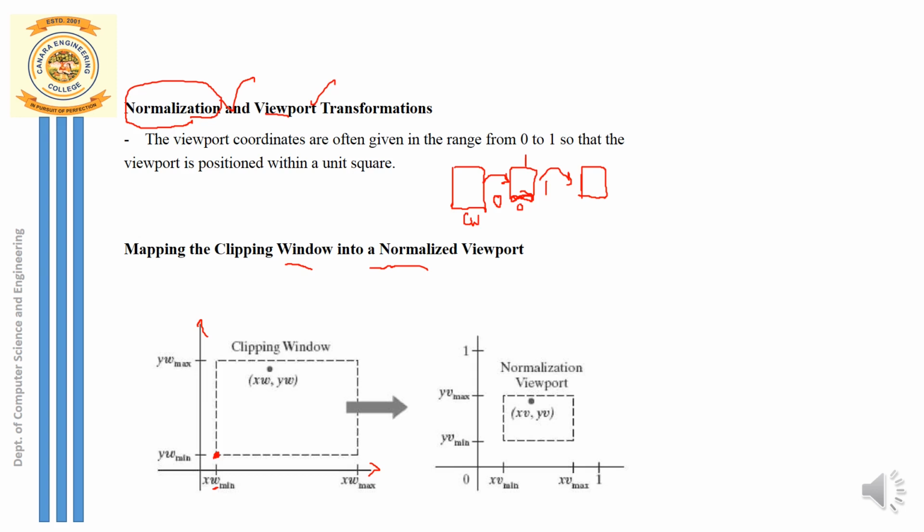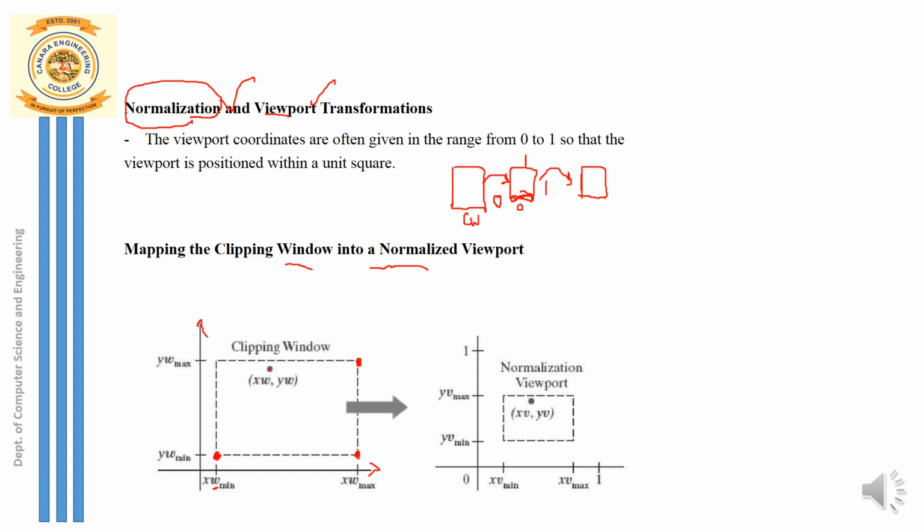So this is the minimum boundary, xw min, and this is the maximum x boundary along the x axis. You can see this is the maximum boundary, xw max. yw min is again with respect to the y axis, this is the minimum boundary, and with respect to the y axis again, y max is the maximum boundary of y. Okay, so now you can see here, this is the clipping window representation within the world coordinate system, and I'm going